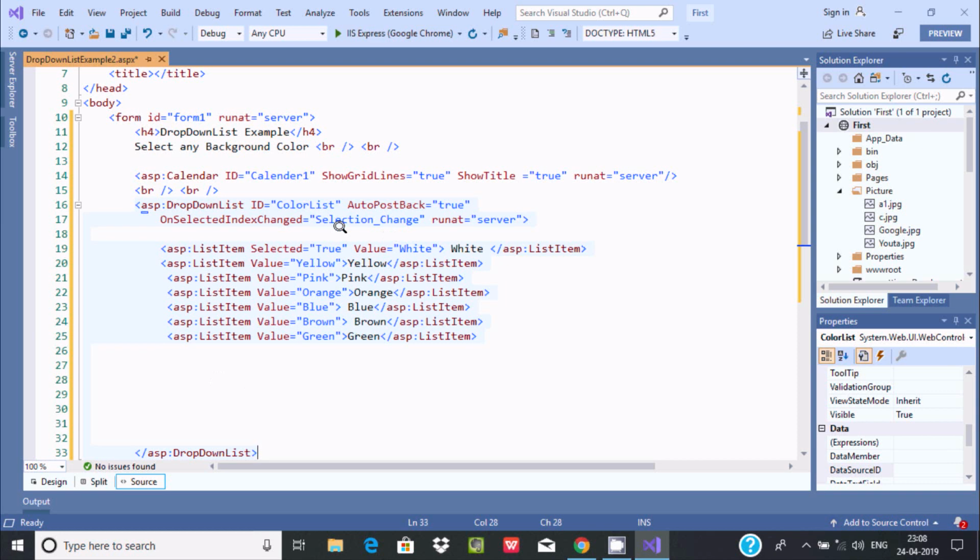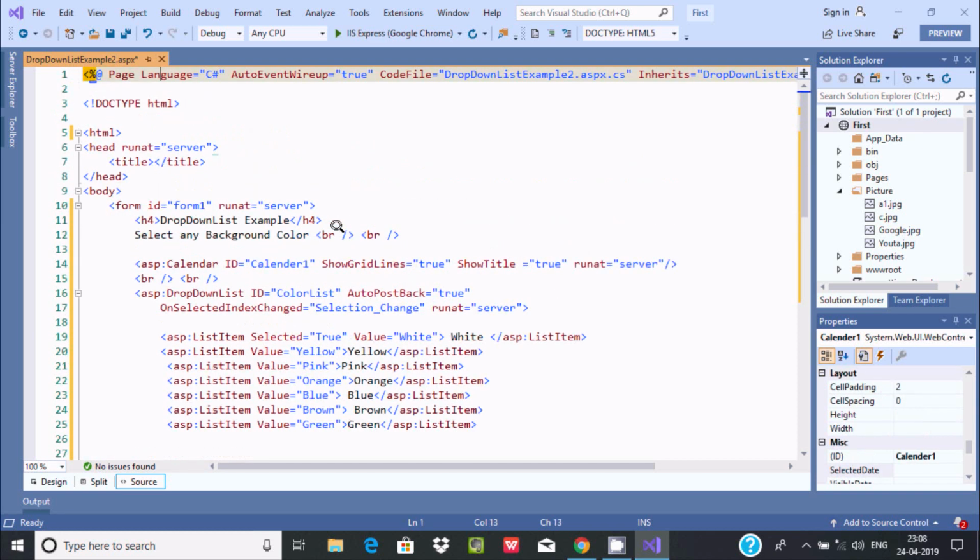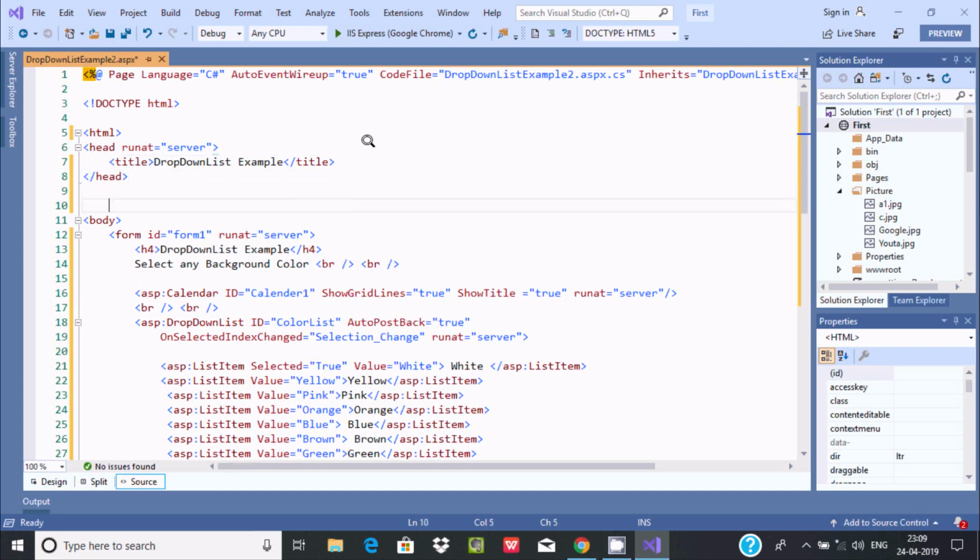Now the next thing is you are going to set the title, so you can write here, drop down list example. So this is the example of drop down list. Now I'm going to write the code. So this is the head section. We need to go inside the head section,